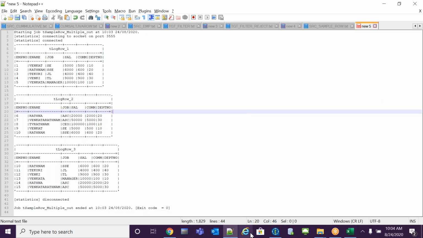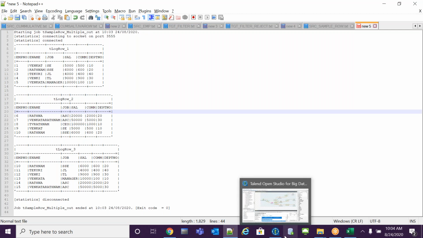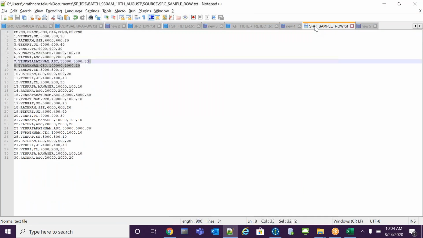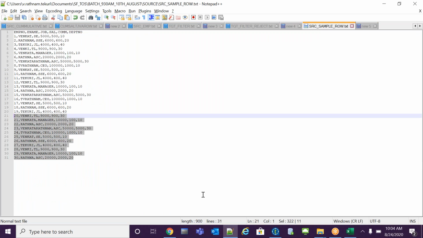So this is one more question. My scenario is that I have 30 records in my source file, but I want to get only the last 10 records. I can give the numbers if I know my source numbers.